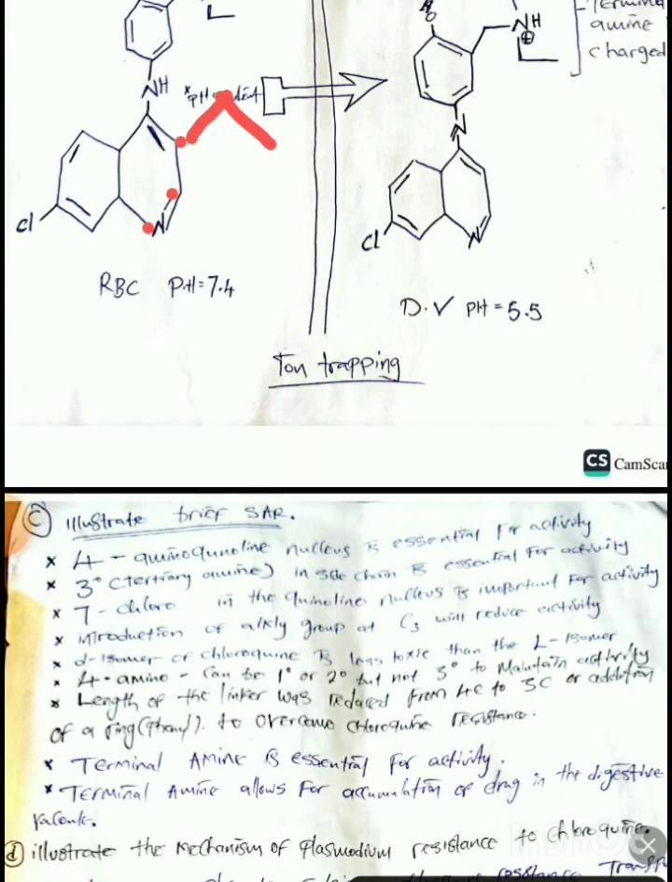4-amino can be primary, secondary, but not tertiary to maintain activity. So 4-amino, we resort to our structure. 4-amino is this amine right here. Okay, so we can have a bond from the aminoquinoline nucleus alone, and we can have a secondary bond with the linker as shown with this